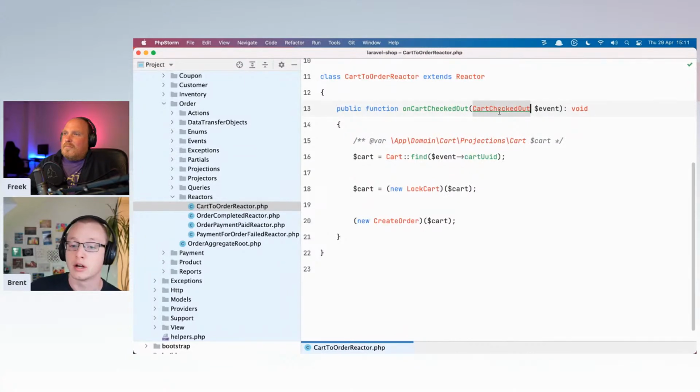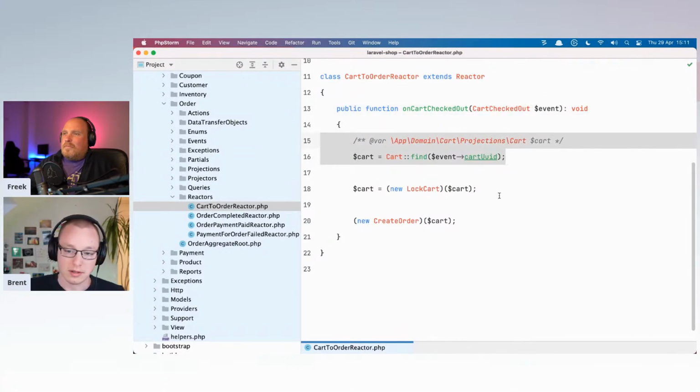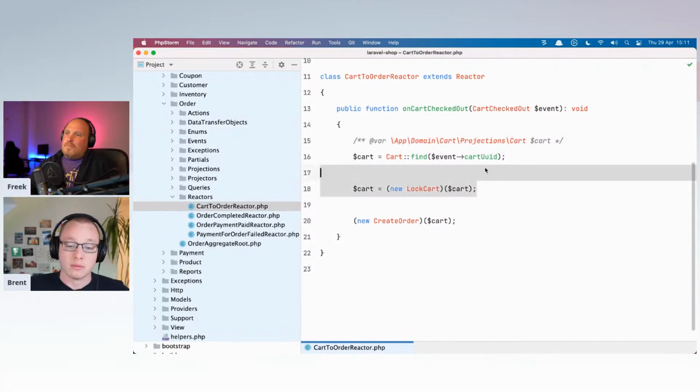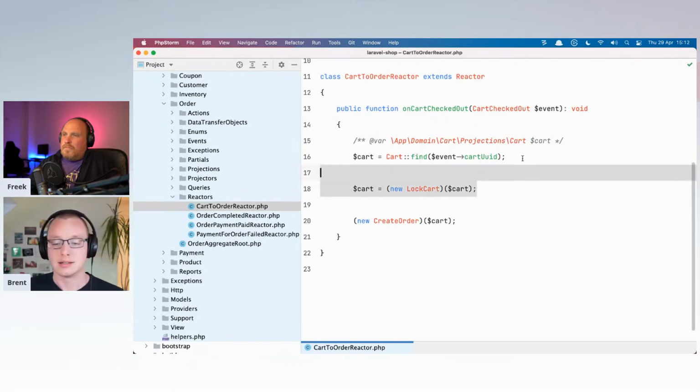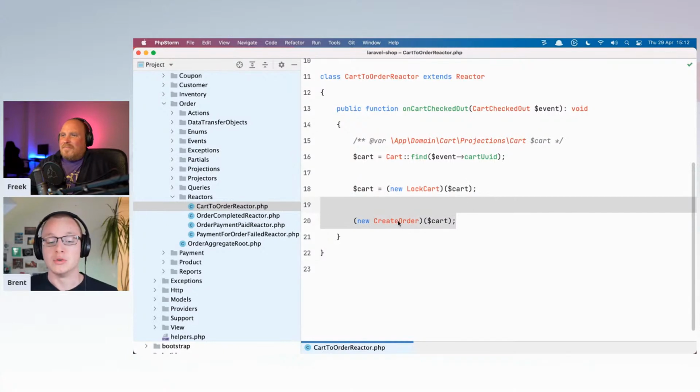So we listen for the card checked out event. We're going to find the card retrieved from the database. First of all, we're going to log the card, and this should actually be moved to a reactor in the card aggregate, probably, because this has nothing to do with orders. But that's a little mistake from my end. More importantly, we're going to create an order.